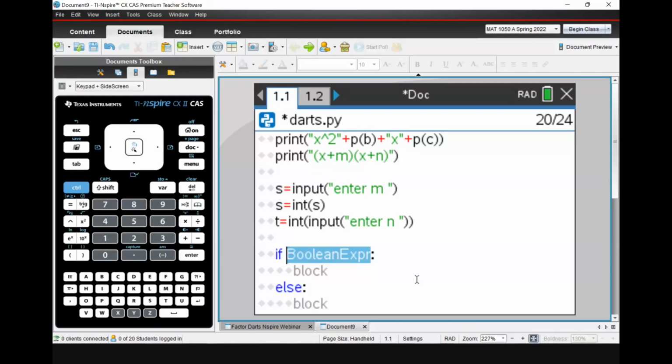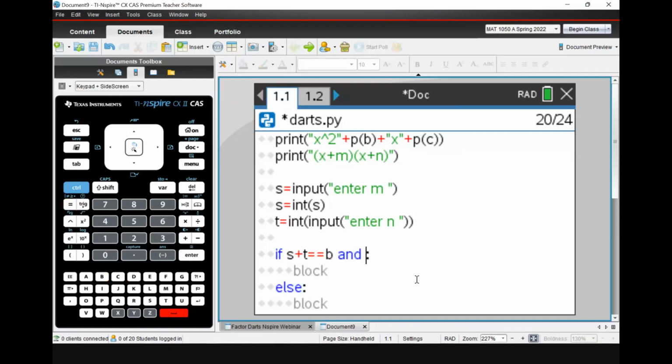It's just, well, if S plus T, it better equal, now this is what Becky was talking about earlier with the two equals. One equal is assigning something. So like right up there above, I assigned S to be the input when the student enters, whatever they enter. Down here, I don't want to assign anything to S plus T. It has a value already, and you couldn't enter it anyhow as S plus T, but I want to see if that's equal to B. So the double equals basically returns a true. And then I want to